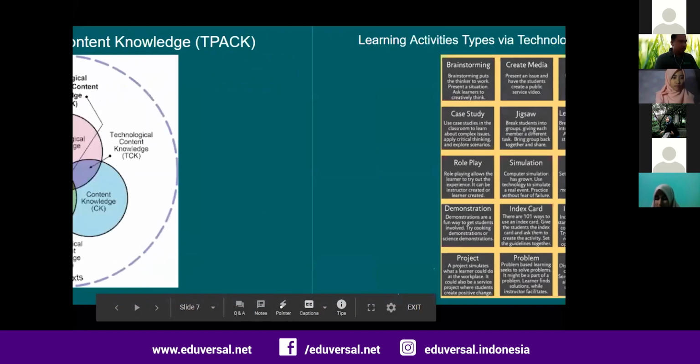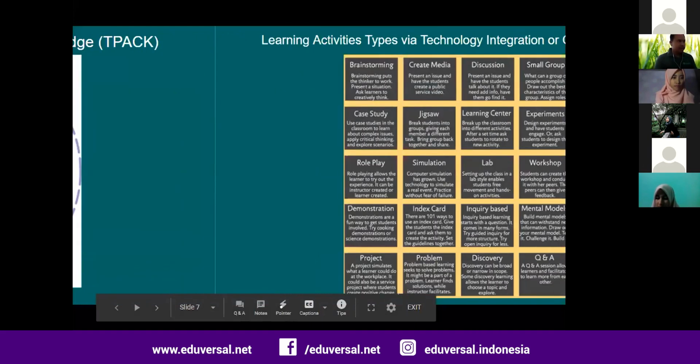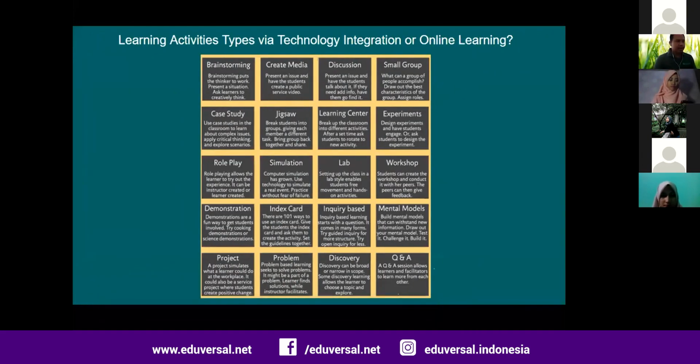So related to this approach from TPACK, as you can see here from the slide, I put some learning activity types that teachers normally do in the normal condition in the classroom.